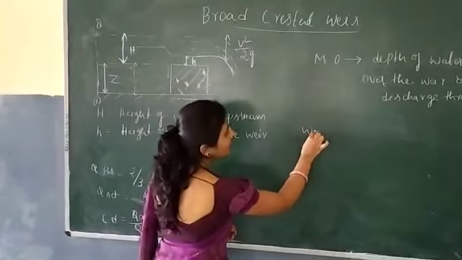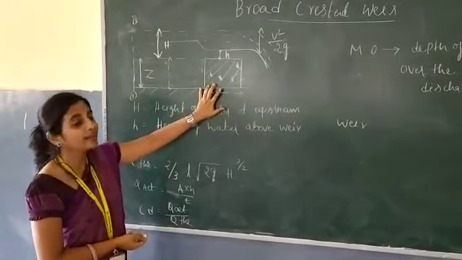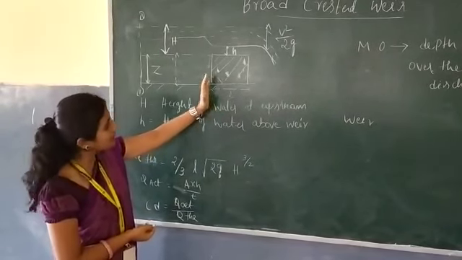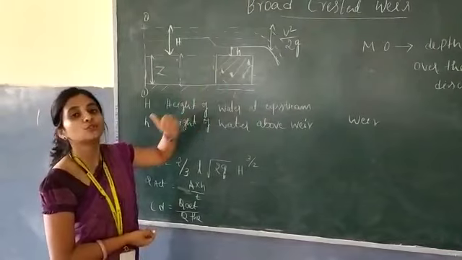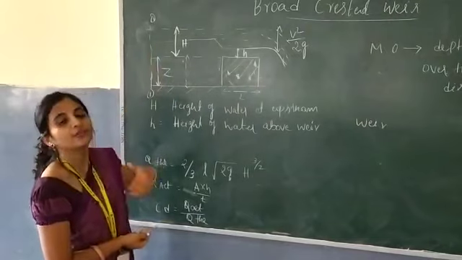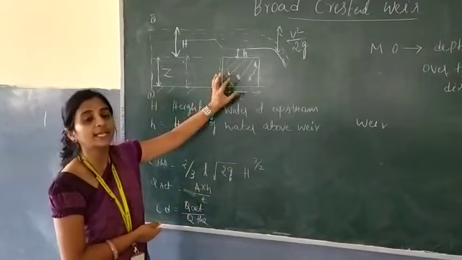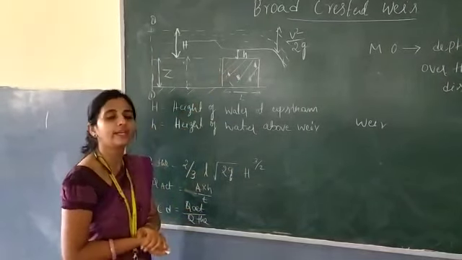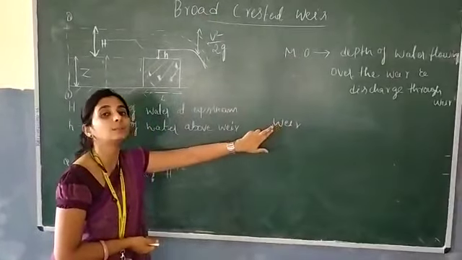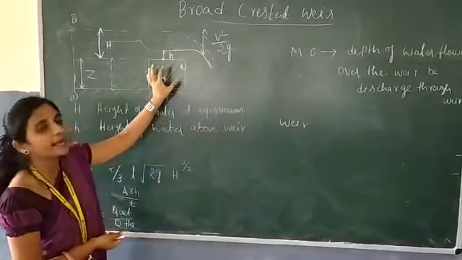The weir is nothing but a barrier which will be constructed across the river, or you can consider a stream. Why do we construct this obstruction? It is to change the flow characteristic, the discharge and everything, in any particular river or stream. To change it, we construct the weir structure. The weir is constructed as a masonry structure, with concrete blocks, and it is in rectangular shape.